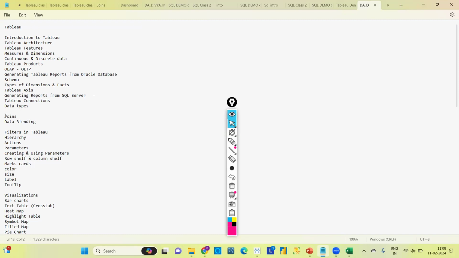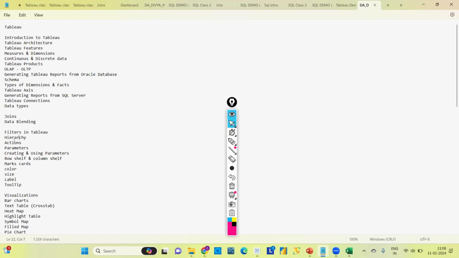And these are very important topics. Joins. As you all are aware with SQL, we will use joins in data blending, correct? If we have data in 2 tables or 3 tables, how we will join and how we will create graphs in Tableau, we can see.